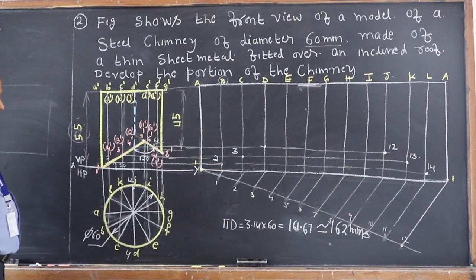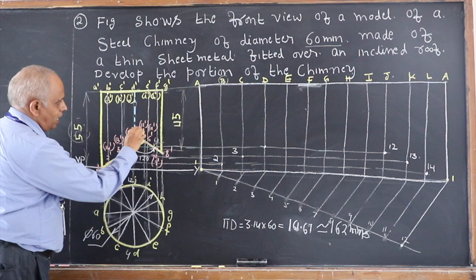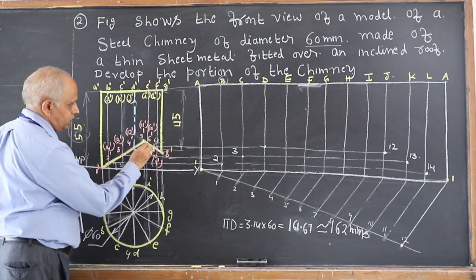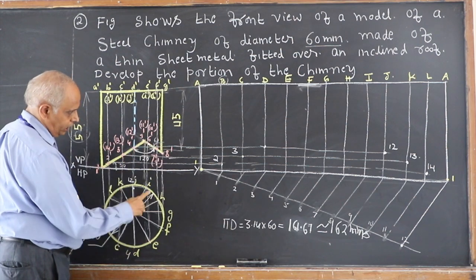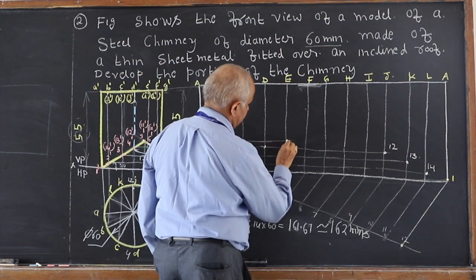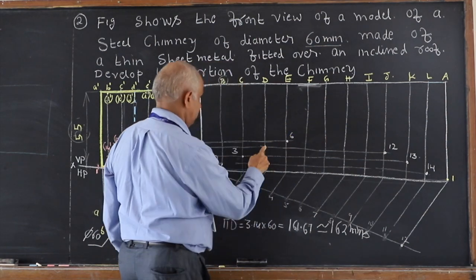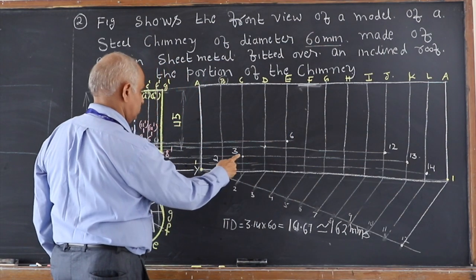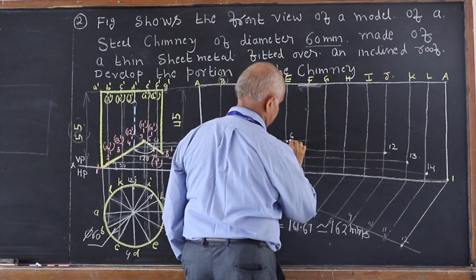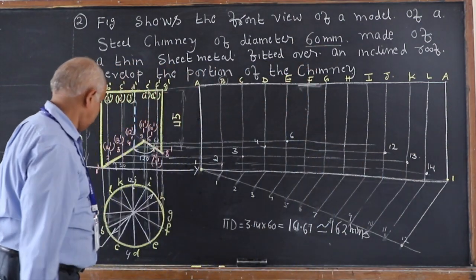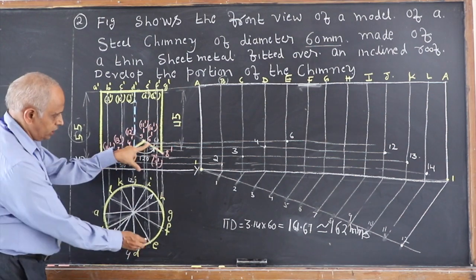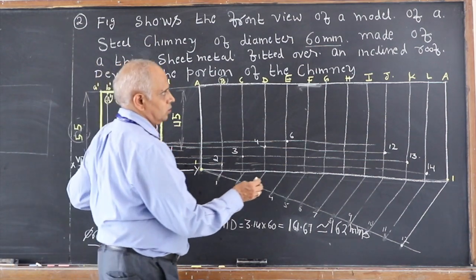Okay, next, 5 and 11 are not on any of our generators under consideration. So I'll come to 5 and 11 later. 6 and 10 are on E and I. So 6 and 10, if you project it here, this is 6, and the other one is 10. 6 is on E and 10 is on I. So this is 10.